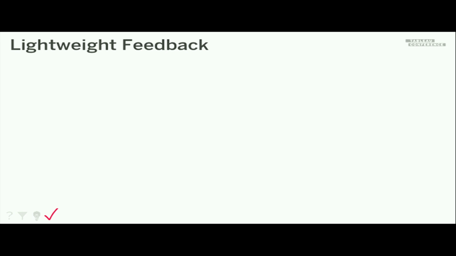The next thing you can do in Validate is go get lightweight feedback. This is quick feedback from colleagues or your users. You can do this with just 10-minute conversations or via email. This is going to get more eyes on the dashboard than yours, which means they're going to see things differently